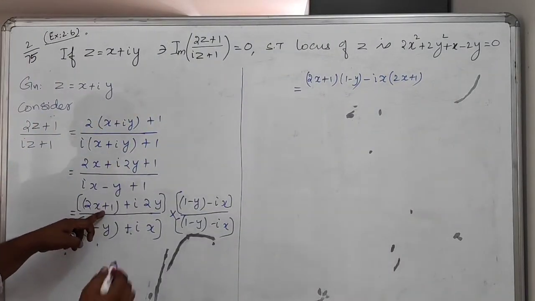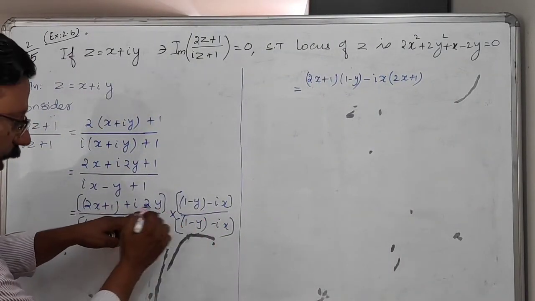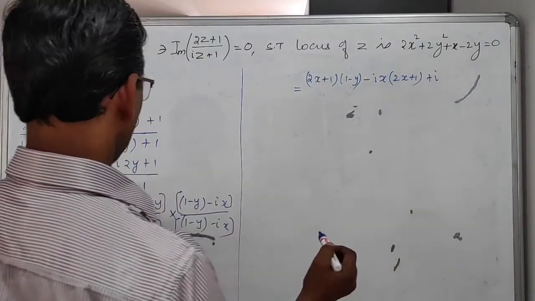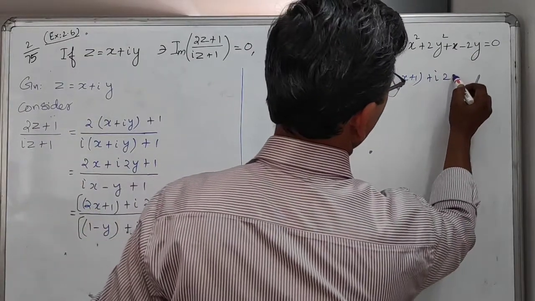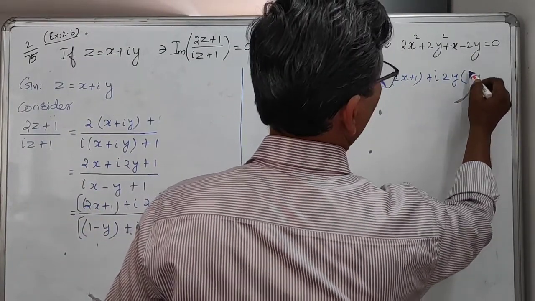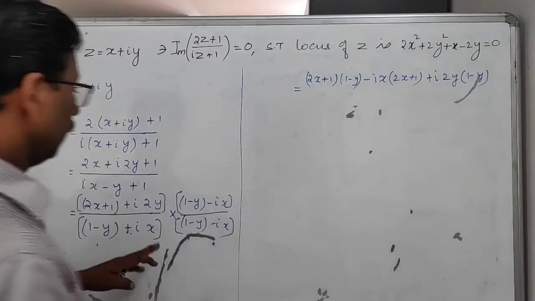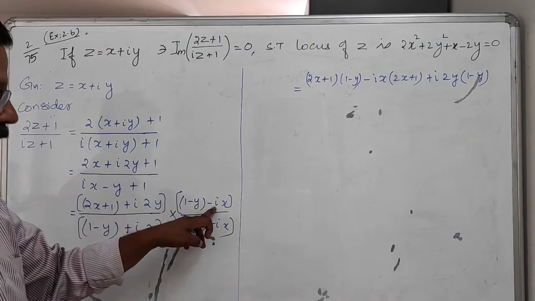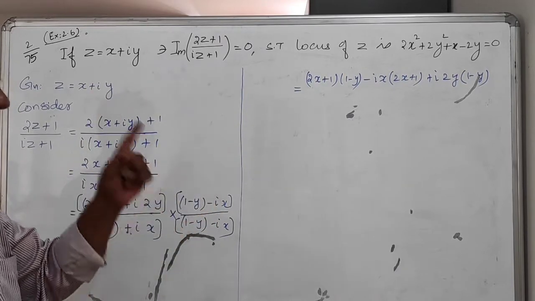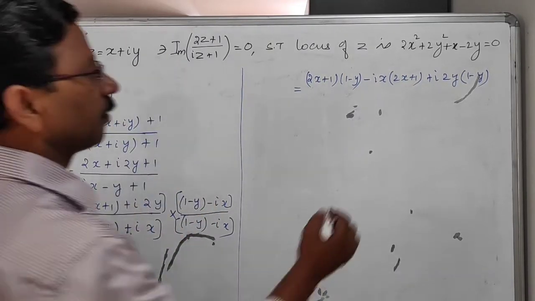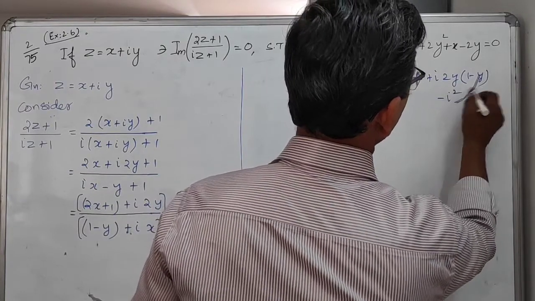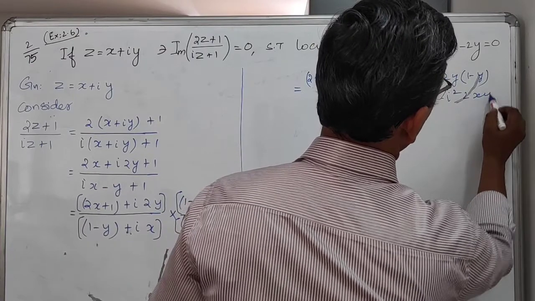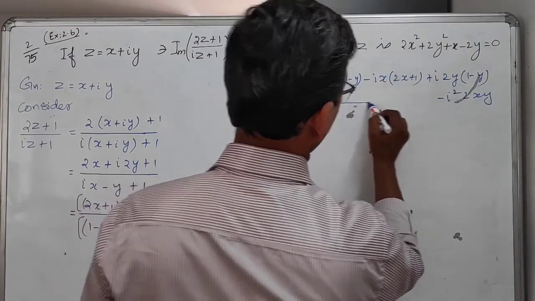We have multiplied this 2x plus 1 with these two values. Then you can take this i into y, multiply this. Then plus i into 2y into 1 minus y. Then you multiply these two as i into minus i, that is minus i square into 2xy. Then the whole divided